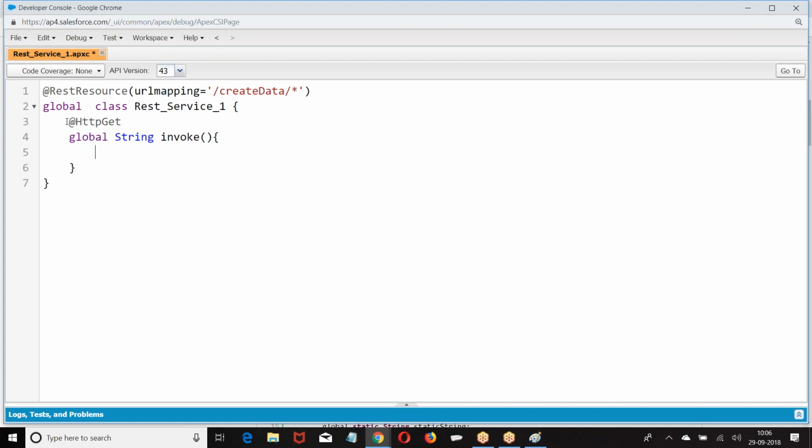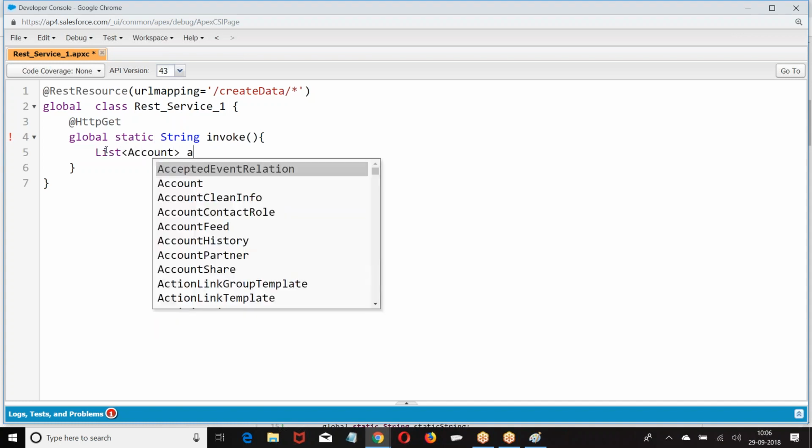What is the name of the method? In a class, there will be only one method with the name HTTP get. This is a get method. Global static string invoke. What is this doing?